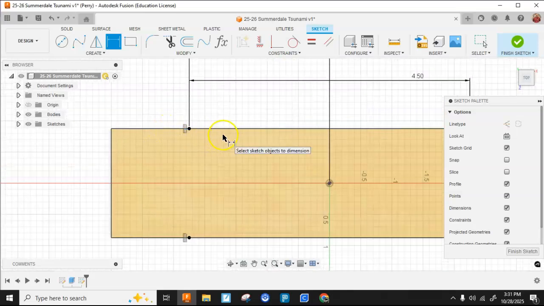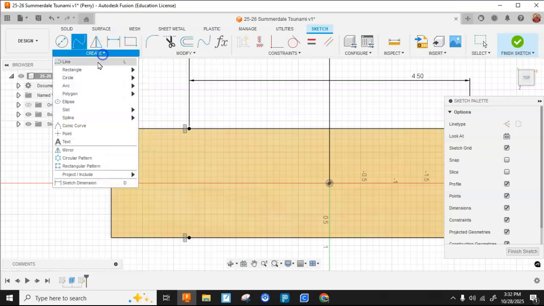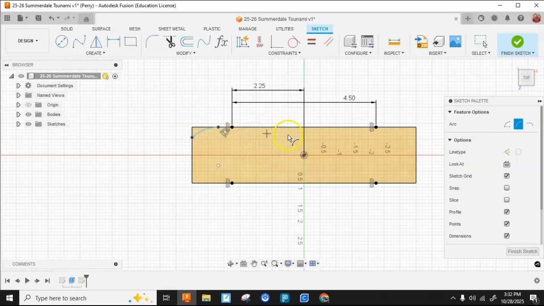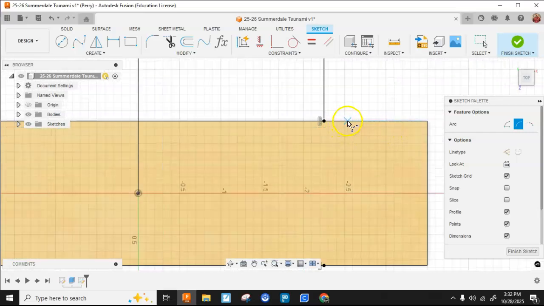So now I'm going to go ahead and create a bit of a dog bone shape. I'm going to do that with a polyline here. I'm going to go up, let's see, put a little curve. Actually, I'm going to use an arc. And I'm going to come from here to here, a little bit of a curve. I'm going to do this similar out front here to here. A little bit